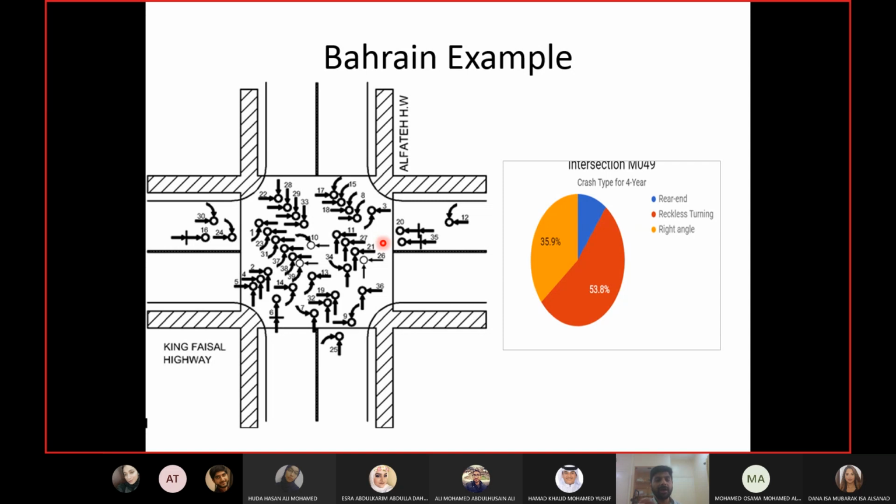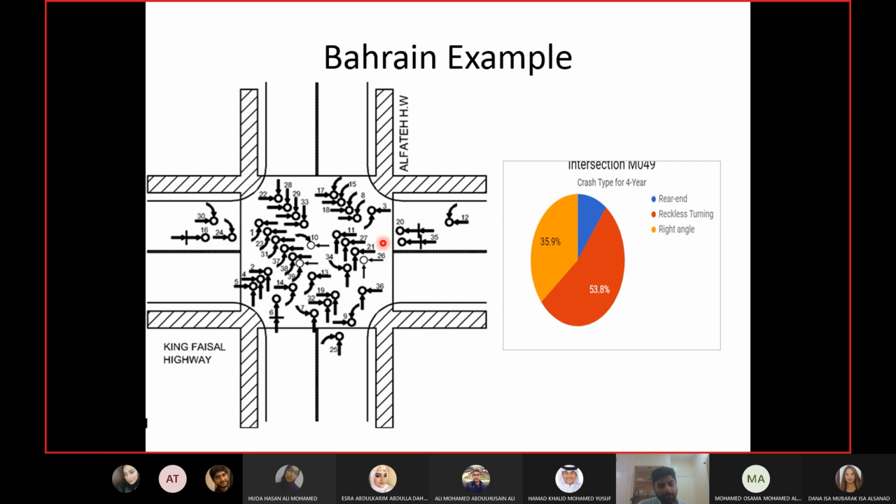Maybe they did not use the equivalency factors in this case, so the time which they should have given to the turning movement is not taking into account the extra time they require for turning. Secondly, maybe they do not have separate phases for turning movements, which is making them slower than the through vehicles. When we were discussing the principles of phasing in the last chapter, I told you if you give separate phases and separate lanes to left turning movements, their flow and speed is higher. So maybe at that time when the accidents were happening, there was no separate phase for turning movements, which was making them slower, and that's why they required more clearance time.